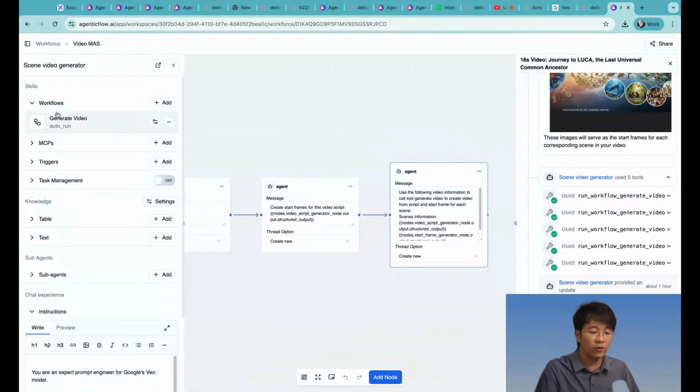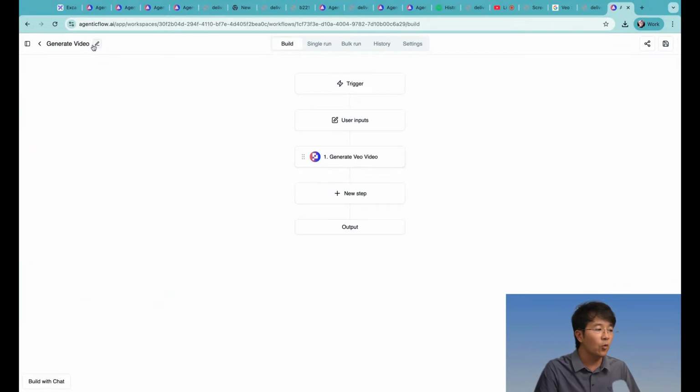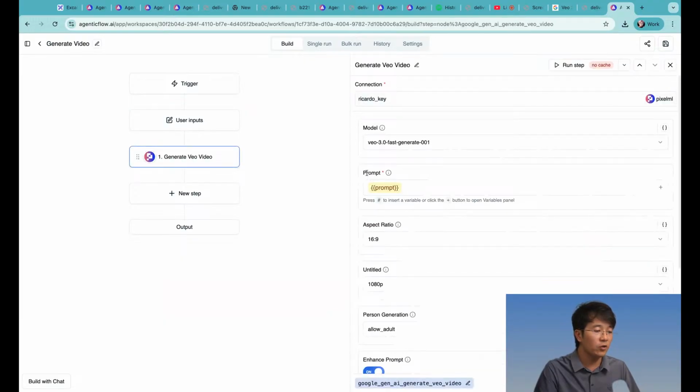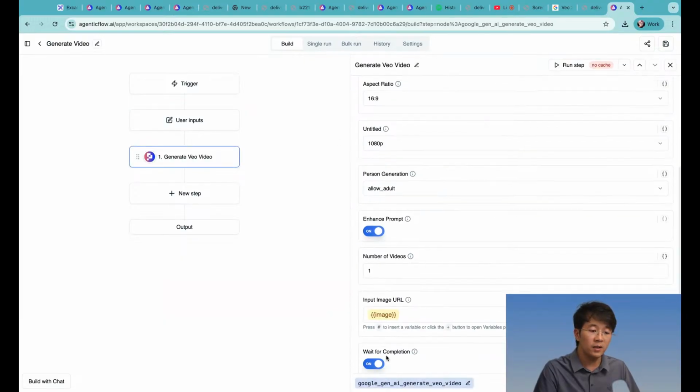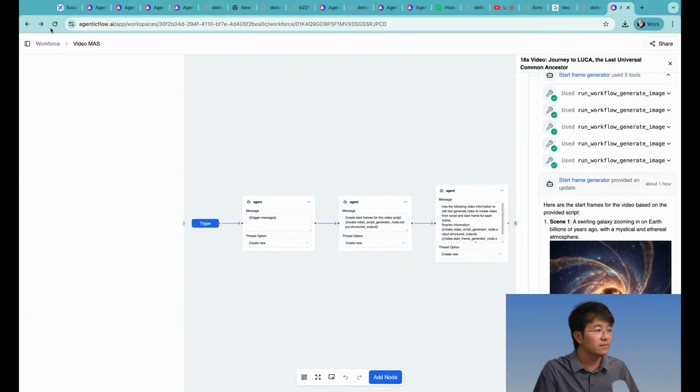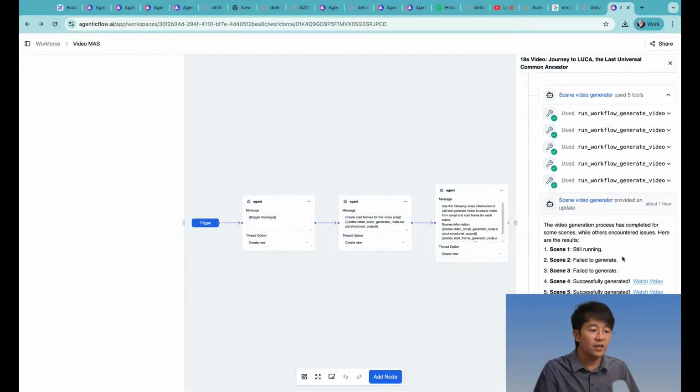And this is the workflow. I can click on this workflow and it will open generate video. In here, we can also check the input. The first one is the prompt, the second one is the image. The prompt goes to the prompt, the image goes to the image. That's quite simple. Let me go back to the MAS here. All right, so as you can see in here, we have the video generator,